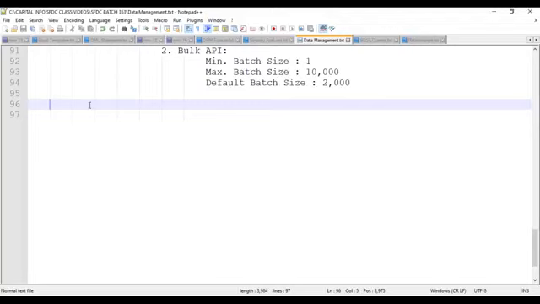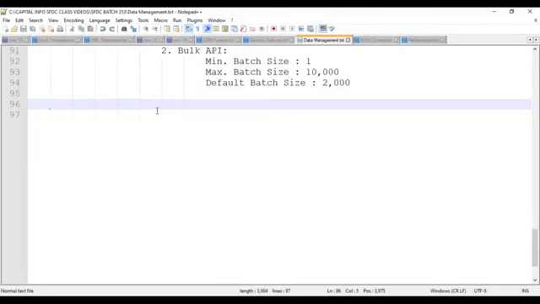So the first 200 records go in batch 1, the next 200 records in batch 2, the next 200 records in batch 3. Like that, it will divide the records into various batches internally, and then it will perform the operations on each batch one by one. Okay, clear? Now, in this case, sometimes you may raise a question: sir, I don't want to process